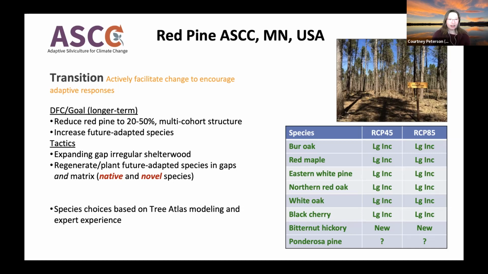And so we decided we wanted to plant both native and some novel future adapted species that are going to do well under those fire and drought and warmer temperature conditions. So we ended up planting 8 future adapted, climate adapted species, including eastern white pine, northern red oak, bur oak, and red maple, which are all native. And then we also brought in 4 novel species. So we decided to plant white oak, which was going to have that large increase, bitternut hickory, black cherry, and